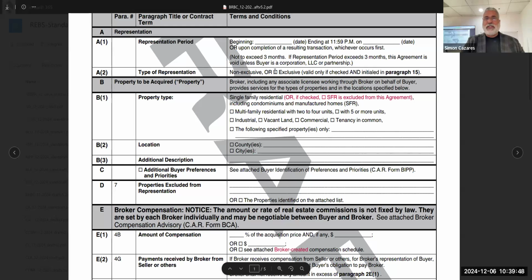If you check it, which is this little box here, it's valid only if checked and initialed in paragraph 15. Okay. But there was additional language there about having an agreement when it was an exclusive,